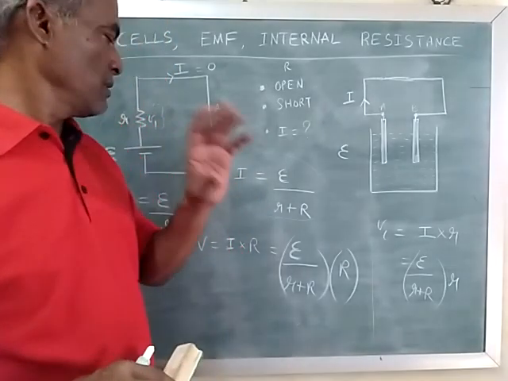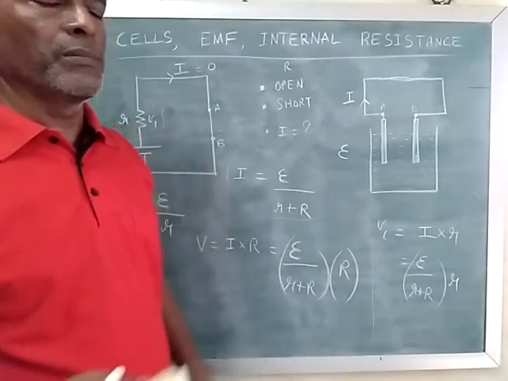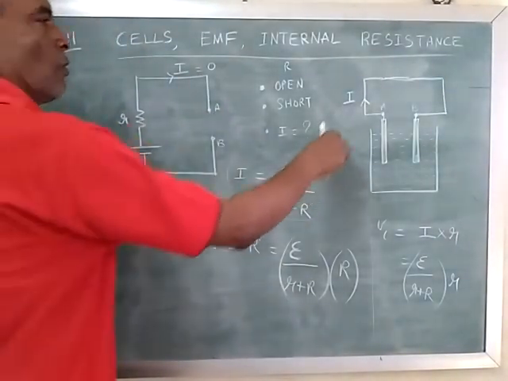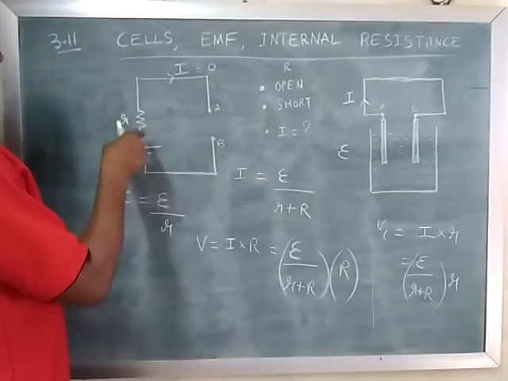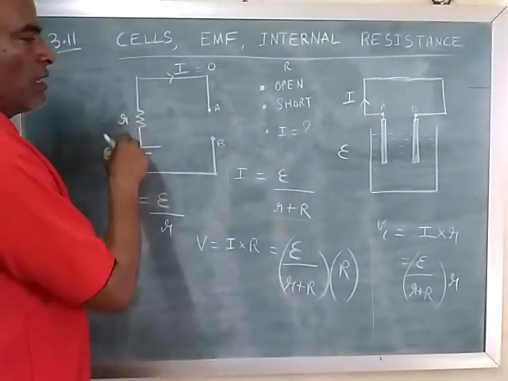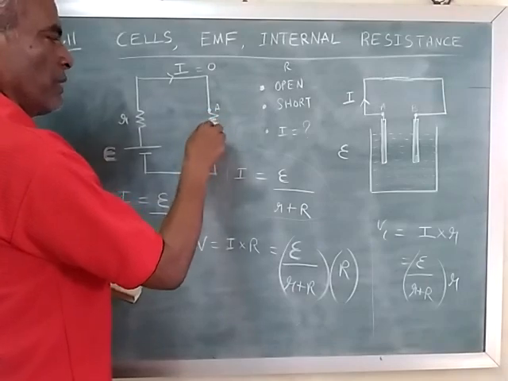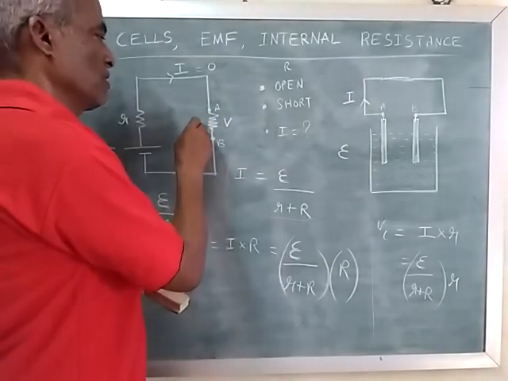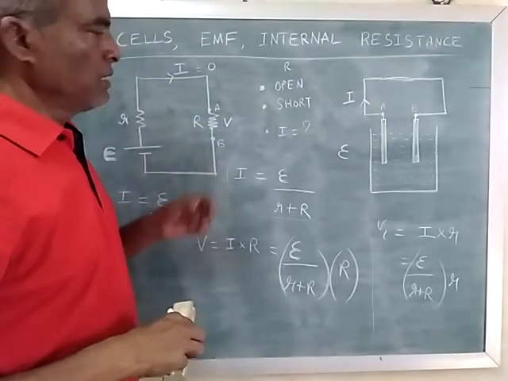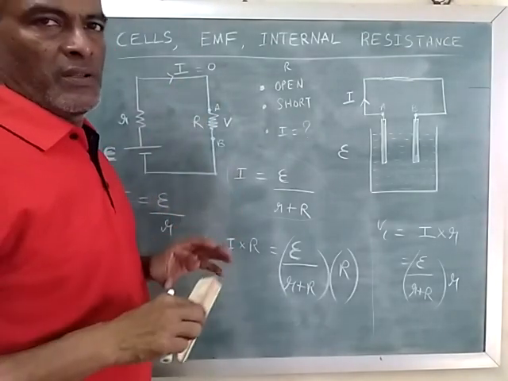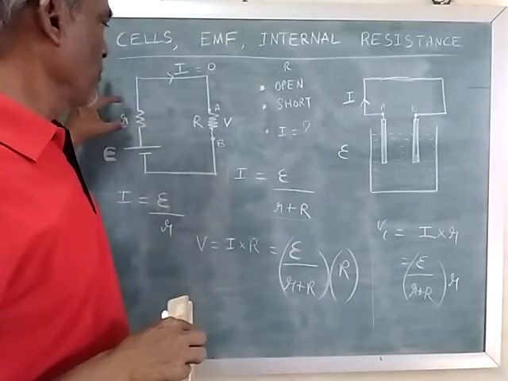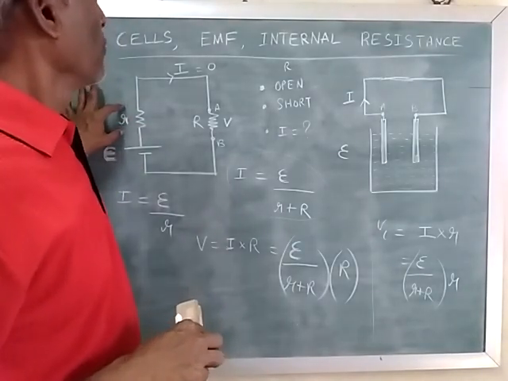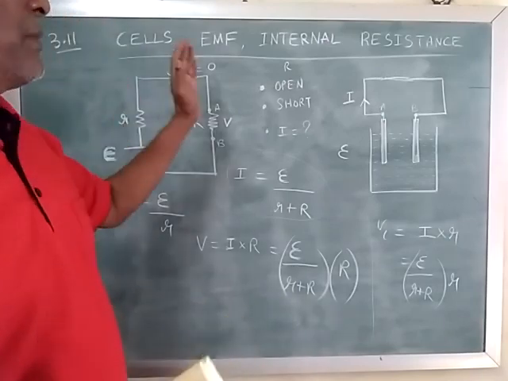So what is the final thing you have to remember? The ultimate thing you have to remember is the voltage of the cell is given by E, its internal resistance is r. Whatever the remaining voltage is, only that we will get across our use, that is R. This is our load, external resistance. So this voltage only we can use, because some portion of the voltage is taken by r. That's all about cells, EMF and internal